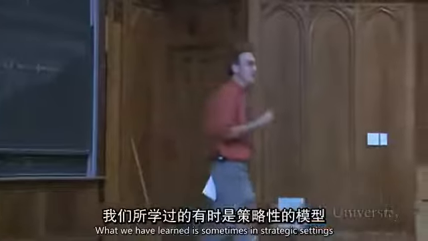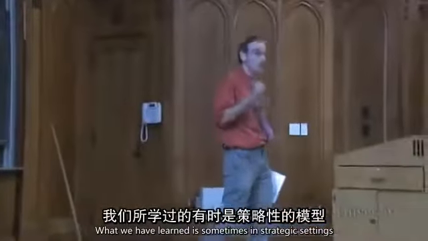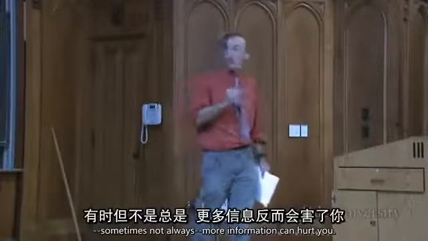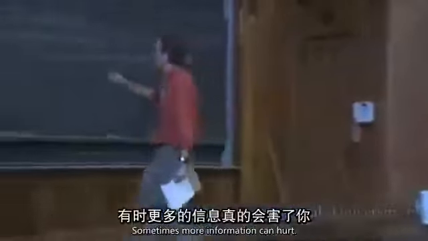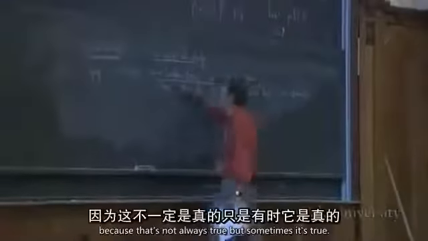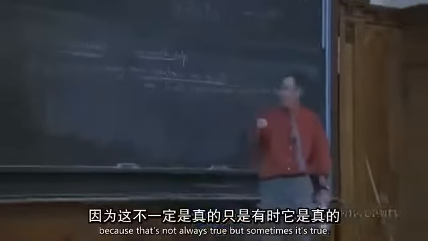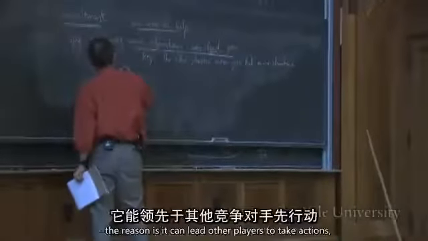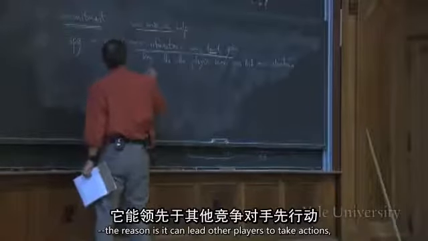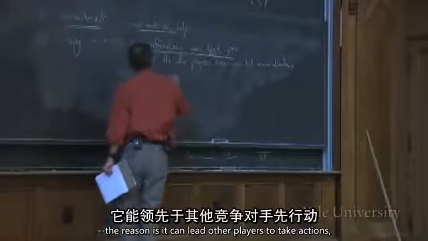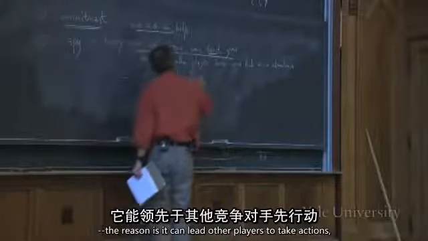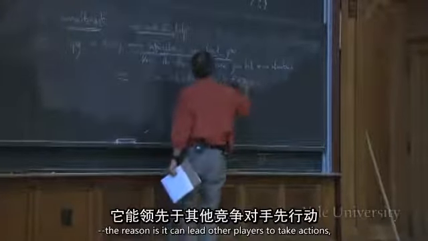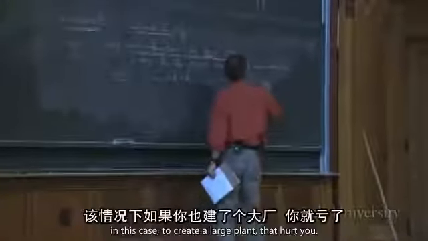That's the first observation. And the second observation is already on the board. What we've learnt is sometimes, in strategic settings, sometimes, not always, more information can hurt you. Sometimes more information can hurt. We'll be careful here, because that's not always true, but sometimes it's true. And the reason that's true is, it can lead other players to take actions, in this case to create a large plant,